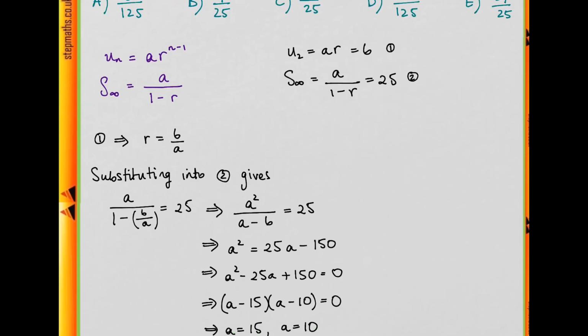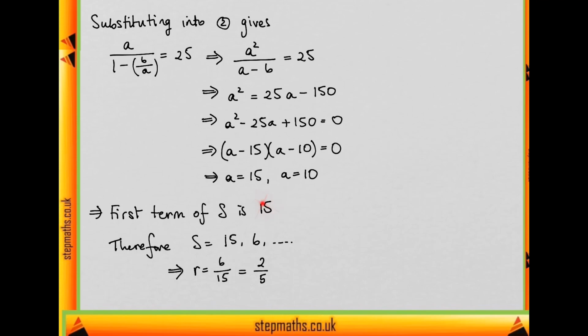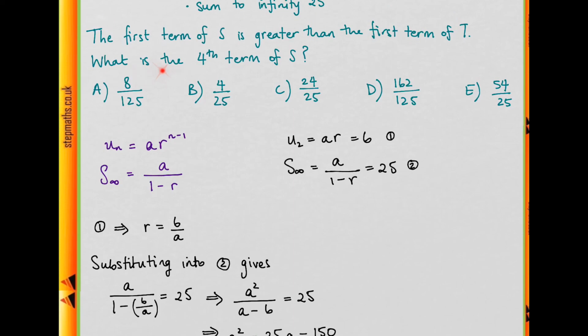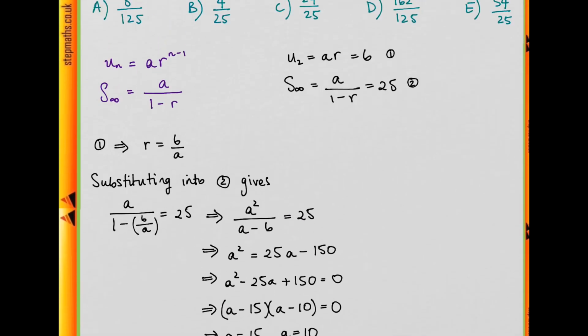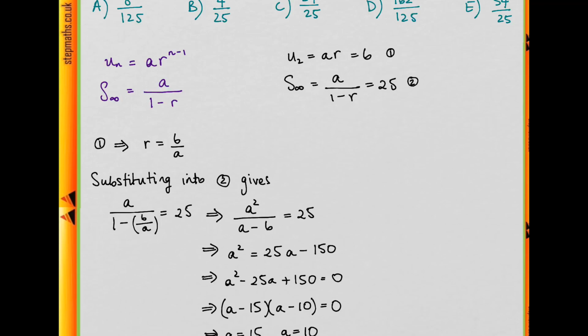Okay, so now we have the first term is 15 and our common ratio is 2/5, and we want to work out the fourth term of S. So let's do it here. So then the fourth term of S, we can just use this formula. So